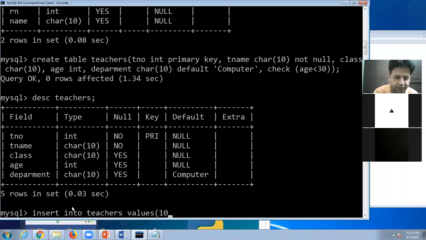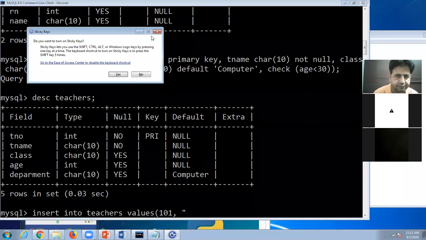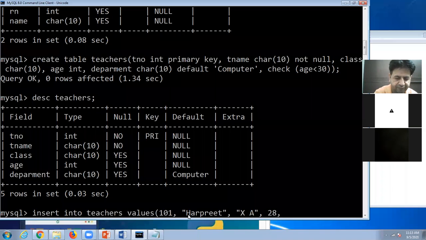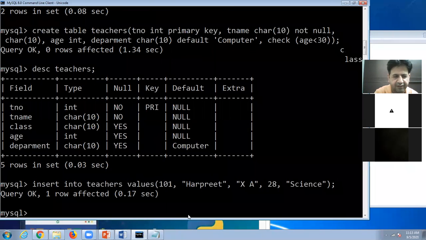Suppose teacher code is 101 and the name of the teacher is given, and after that class, suppose it is 10th A, and age, and department, giving all the fields in a sequence. Now the data is entered.